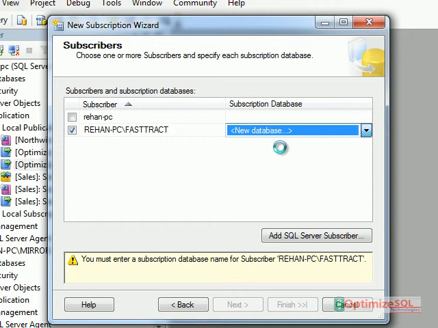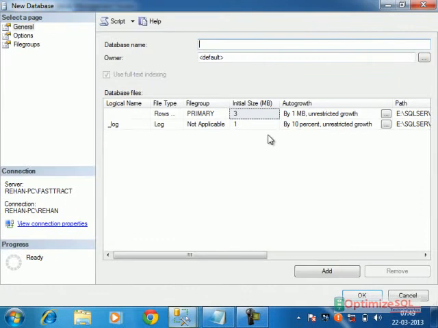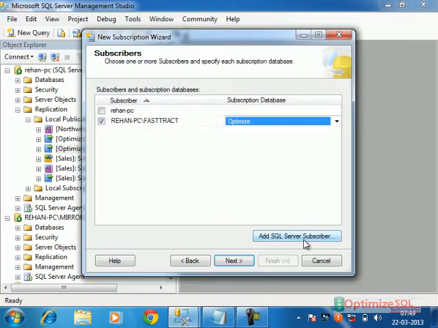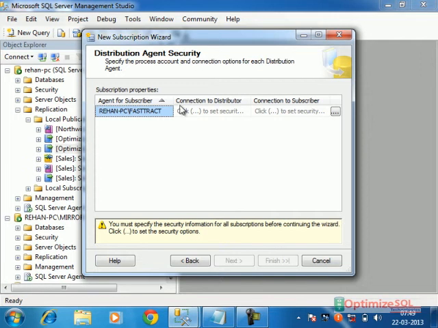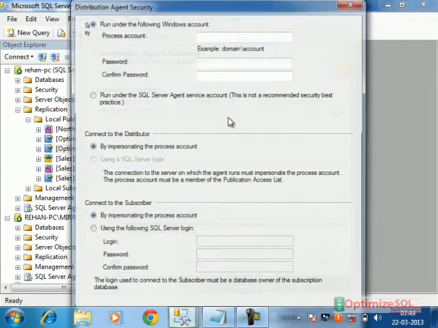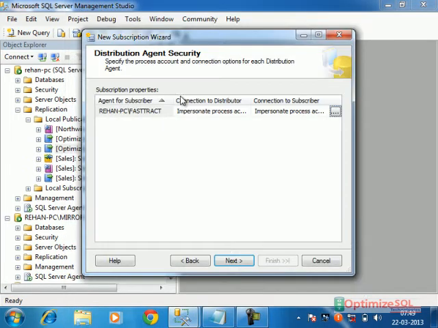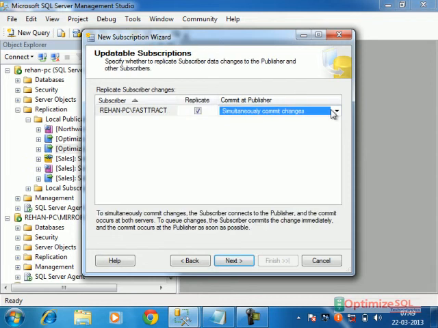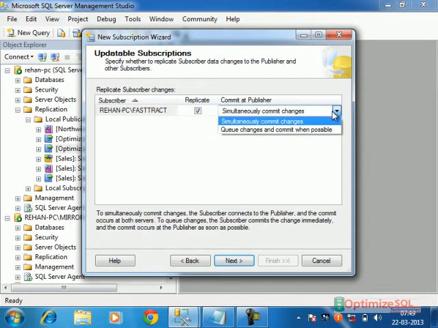We have to create a fresh database. Next, same thing, distribution agent security. Next, run continuously, I'm saying, for the distribution agent. Next, now it is asking which type of updates you want.